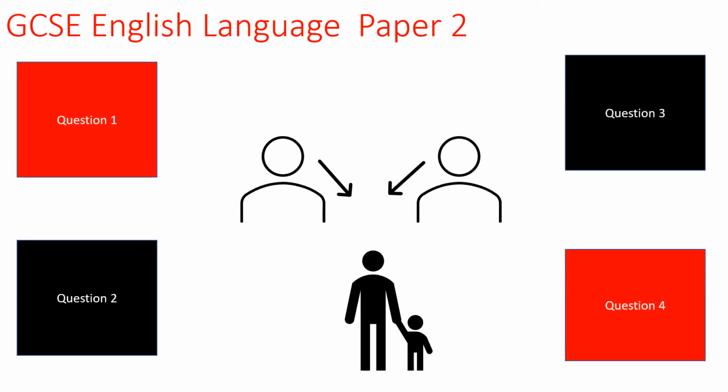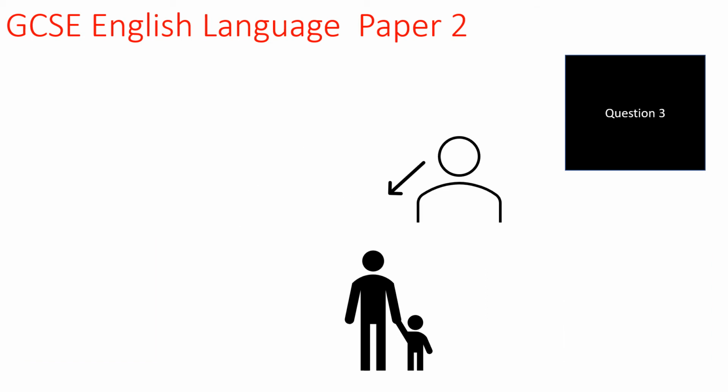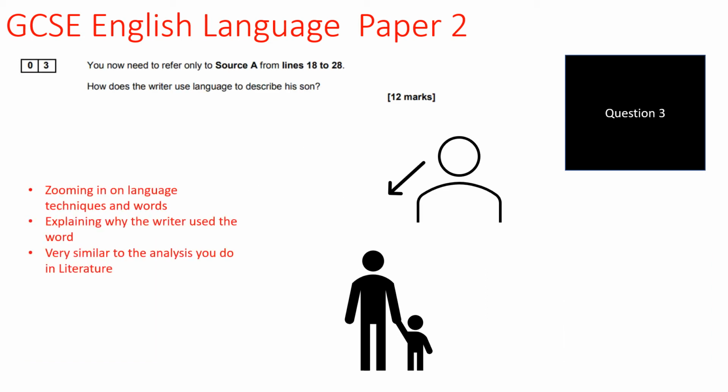Question 3. Now, question 3 is pretty standard for what we do in English a lot of the time. It's very much like your literature question. So you're talking about the language and you're talking about how the writer shows us something. So in particular here, we're looking at how the writer uses language to show the sun and describe the sun. So this is where we're zooming in on language techniques and we're talking about words. So what words and techniques has the writer used to show us his sun,